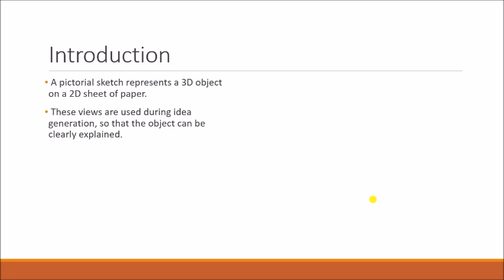So why are these views used? For example, if you have an idea and you have converted that idea into a drawing, and you need to explain that component to a customer using the drawing, you cannot draw three views or different views of it and show him. It will be very difficult for him to understand. For that reason, we convert it into a 3D representation of that object so that we can explain all its views, its length, width, height, thickness, whatever it is. So we can easily explain the drawing to the customer.